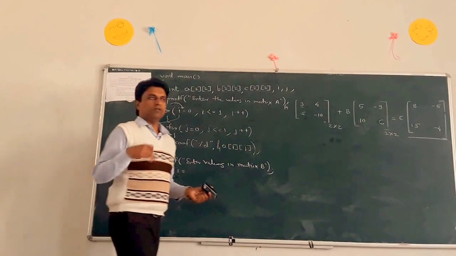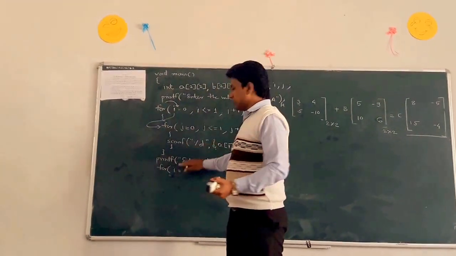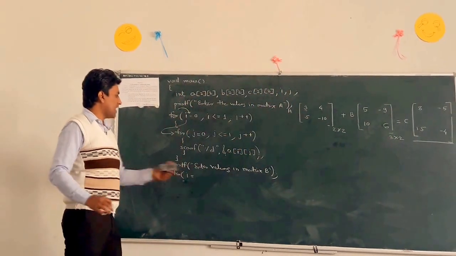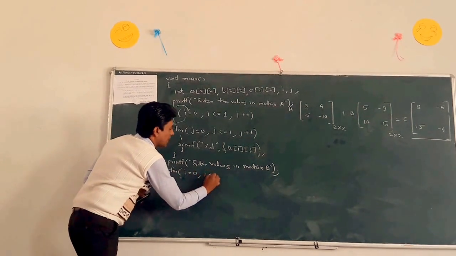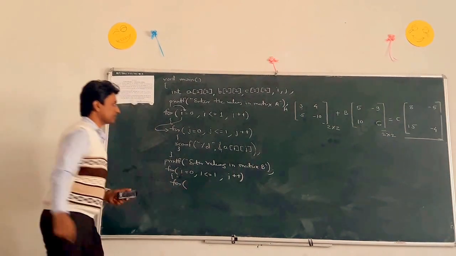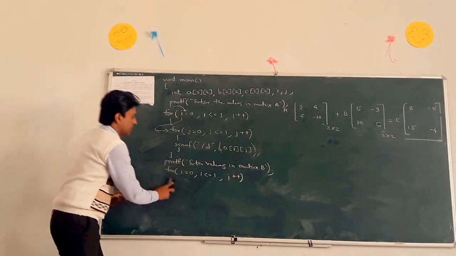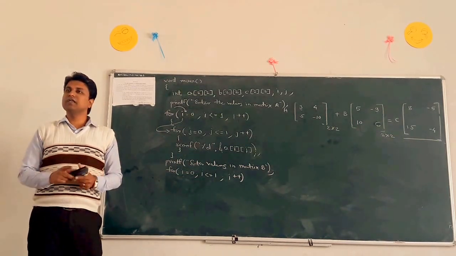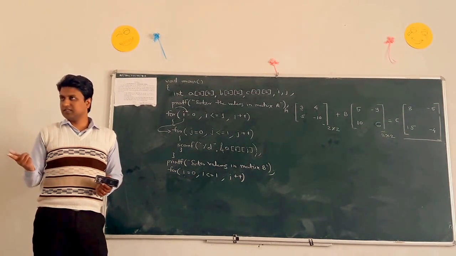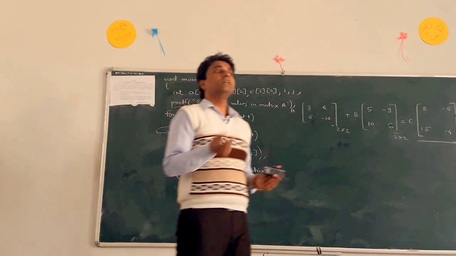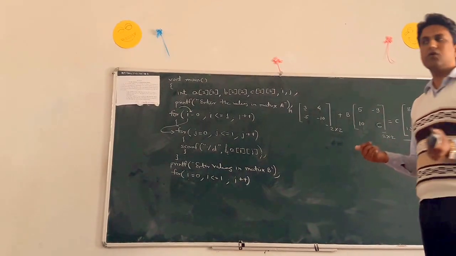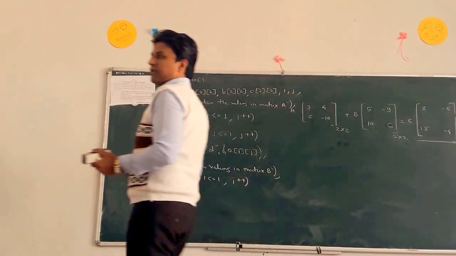After that, for loop, use the same variables, don't use k and l. Don't take any other variables, k and l, for scanning the second matrix. Clear? Okay, you can use the same variables i and j. So same, i equal to 0, i less than or equal to 1, i plus plus, then for loop. Now, if your for loop contains only one statement, then no need to write curly brackets. Anytime a selection statement contains only one statement in its body, then don't write curly brackets.